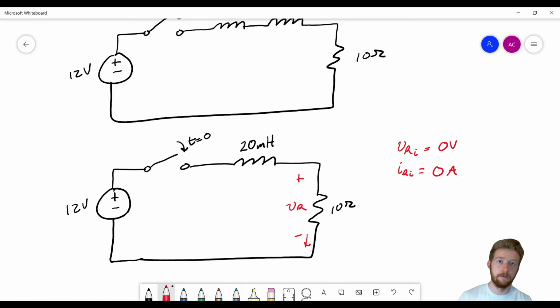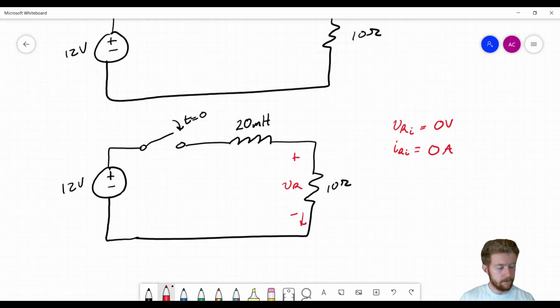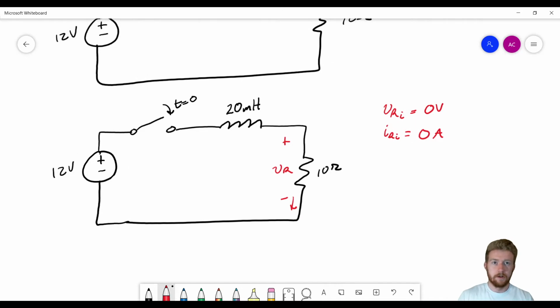So that's going to be 0 volts. All right, so now let's figure out what is the current through this resistor first. Because like I've said, we're dealing with inductors, and with inductors, it's typically easier to find out their current than their voltage. Okay? So let's figure out the current through this resistor. So the current through the resistor is going to be equal to the current through the inductor because there's no other branch, right? So because of this, we can use the formula for the current through an inductor, which is just